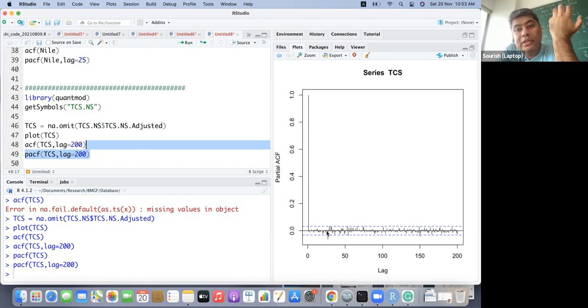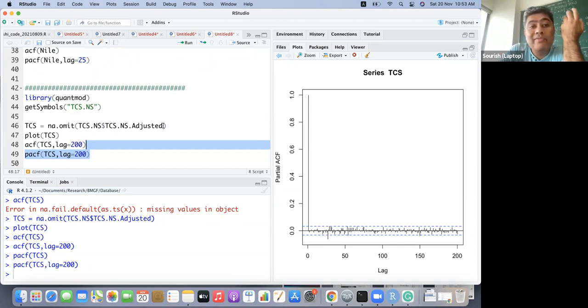So that means once you remove the trend part, it does not have any seasonality, and even the error does not have any information to predict. So basically it means that we will not be able to predict the price of TCS from this data set.